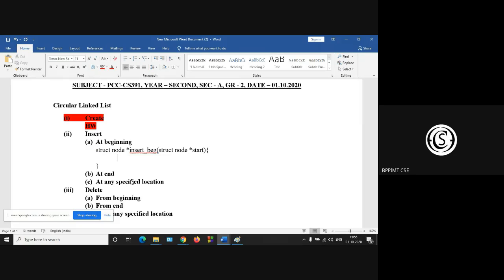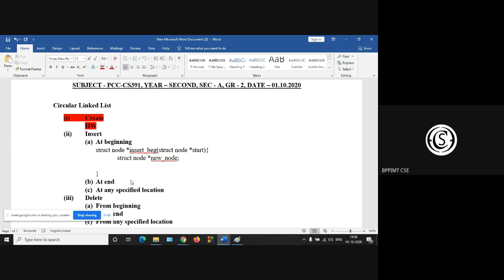So we have to dynamically allocate the new node, right? New node. I have to declare first struct node. Then enter your data.